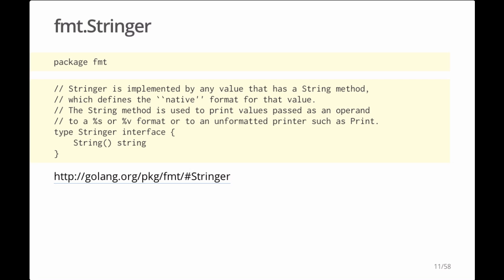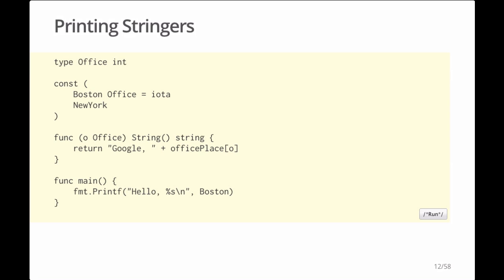The name Stringer gives a convention in Go. When we have simple one-method interfaces, and there are more of them than you might first expect, we name them by taking the method name and adding an -er suffix, like Stringer, Reader, Closer, or Marshaler. Let's look at a slightly less trivial example of a value with a String method.